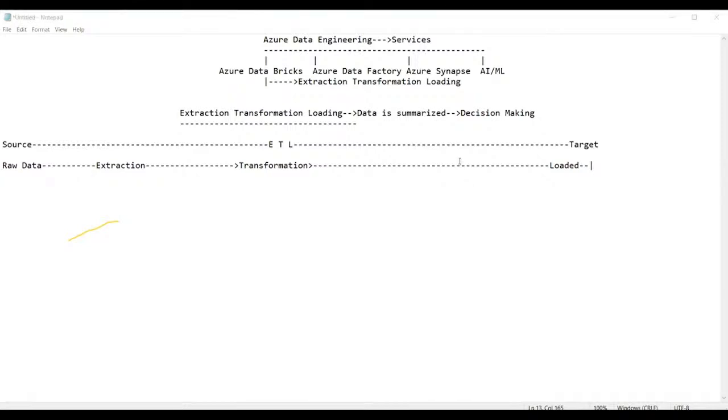Okay. So before we see some examples on how actually this process has taken place, let us try to understand a few more things here, then we'll come back to this. Let us try to understand first of all what is a cloud, and what is an on-premises. Then we'll come back to this.